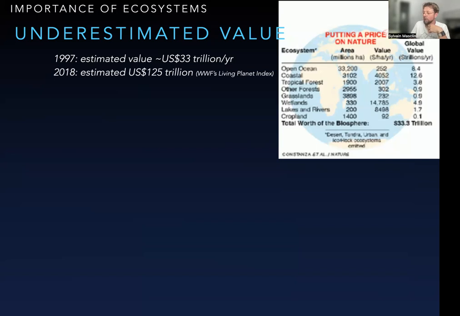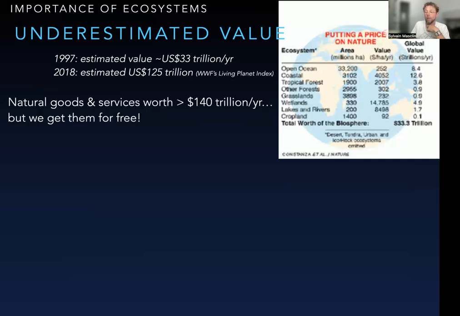And you have here a table of the 1997 estimation going to the $33 trillion, where we get a lot from the ocean, the coast, for example. You see that one of the major ones is wetlands, because in fact for agricultural resources, it's the best. Lakes and rivers follow as a second, then coastal, tropical region, and you see the other ones right there. So that was the estimate almost 30 years ago. A more recent one made the price almost 4 times more.